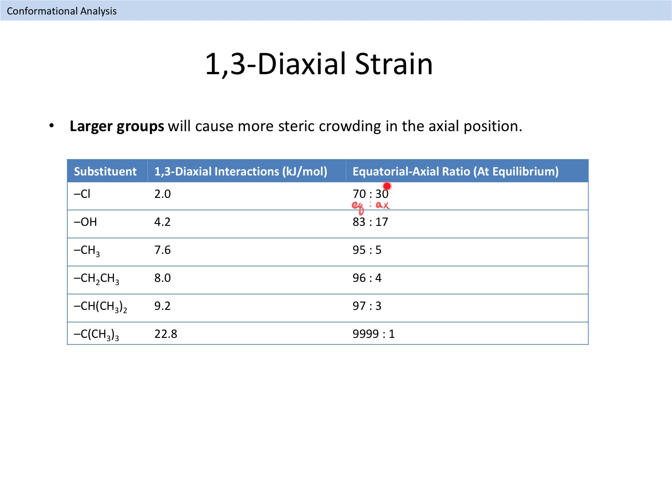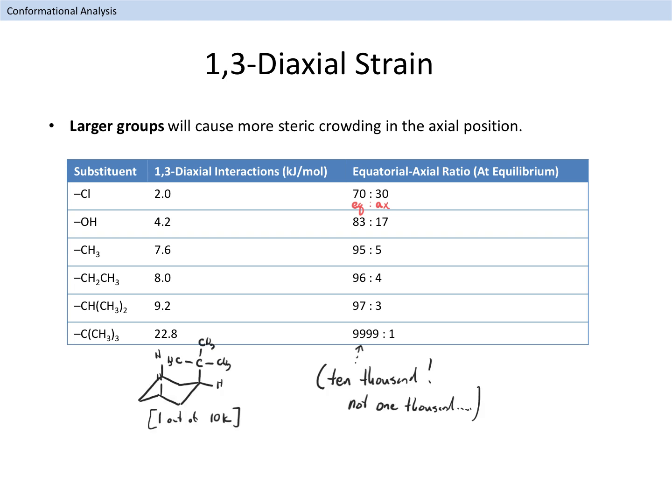Only about 300 of the molecules in the sample, at any given moment, would have enough energy to keep the chlorine in an axial position before rotating into the more stable conformation. Compare the chlorine substituent with the much bulkier tert-butyl group. Because of the much greater steric hindrance to rotation, due to the large size of this group, only about 1 out of every 1,000 cyclohexane molecules, with a tert-butyl substituent in the axial position, would be observed at any given